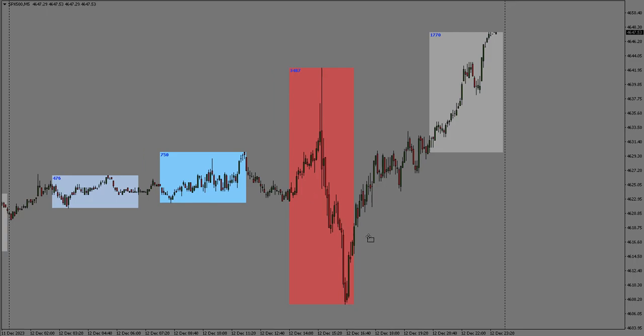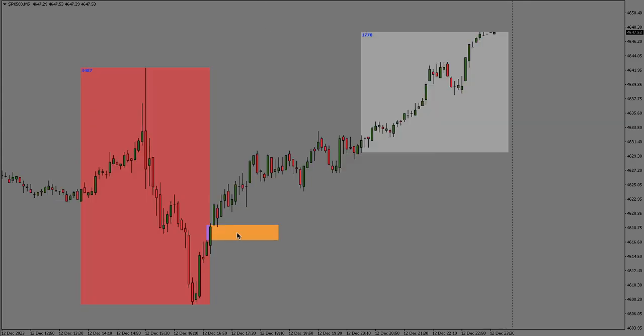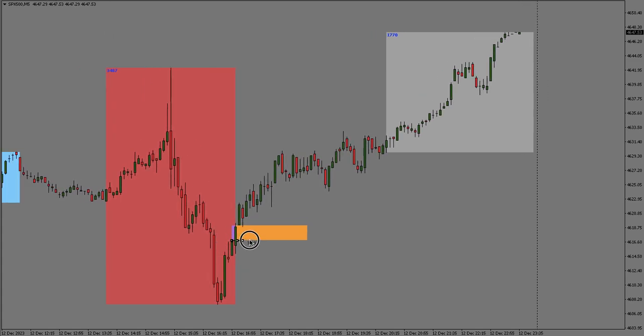We didn't have one form yet today, but we did have one form right here in S&P. So you can see that this fair value gap formed. This is 9 o'clock, this candle right here. So that's when we started looking. This next candle, 905, formed this fair value gap. So the fair value gap was between this candle's high